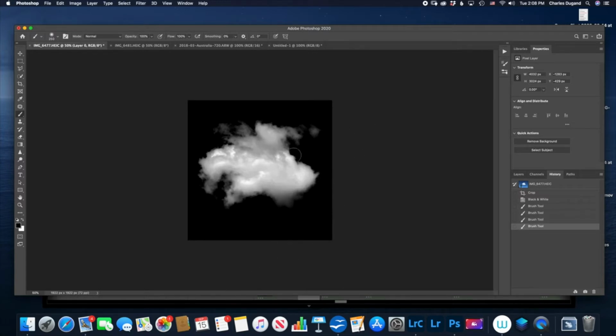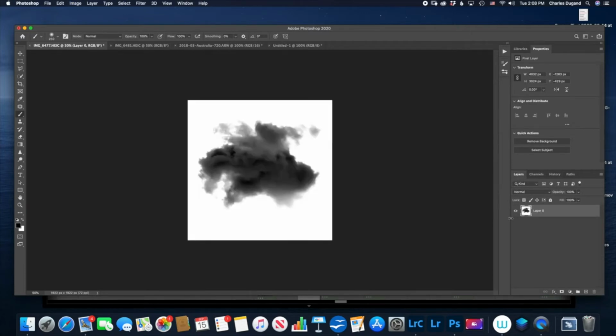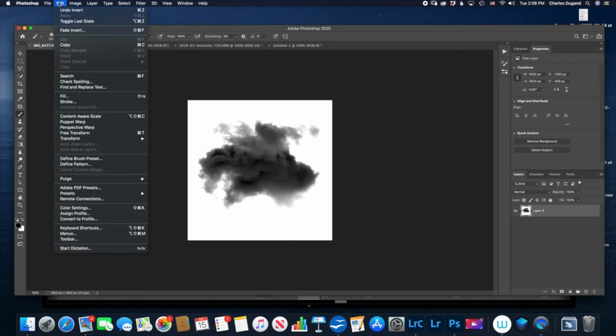Then next thing, when you have it in this condition here, your cloud also isolated, you go to invert the image. Selecting the layer, I have Command or Control I, which inverts the image. The brush itself has got to be the dark color. The white is not the brush, so we want the dark brush to be the dark color. Now that I've got the dark color defined, I can go to